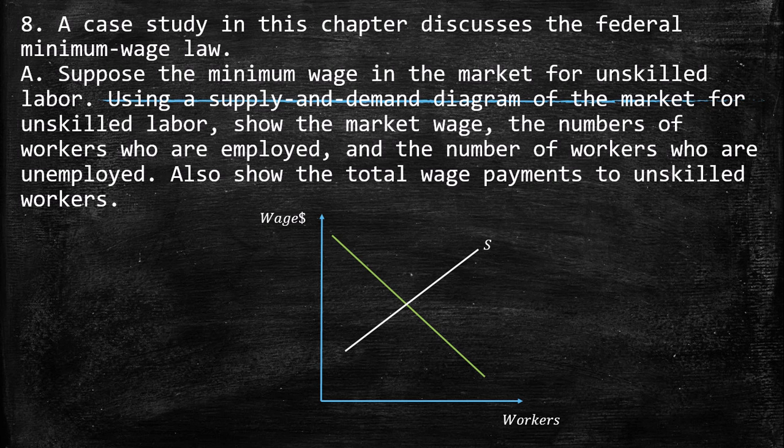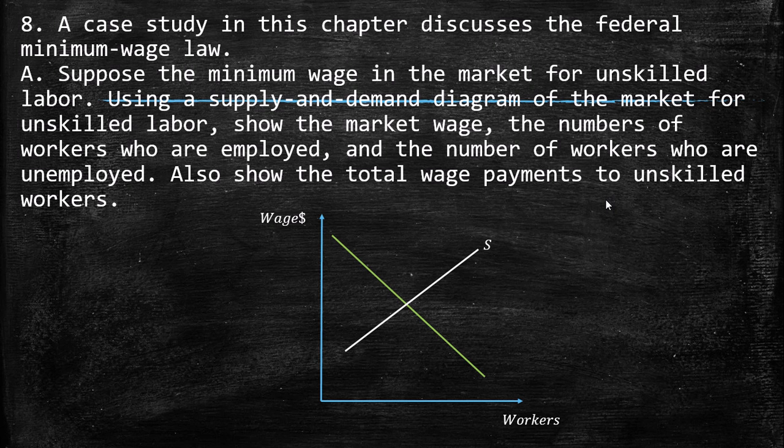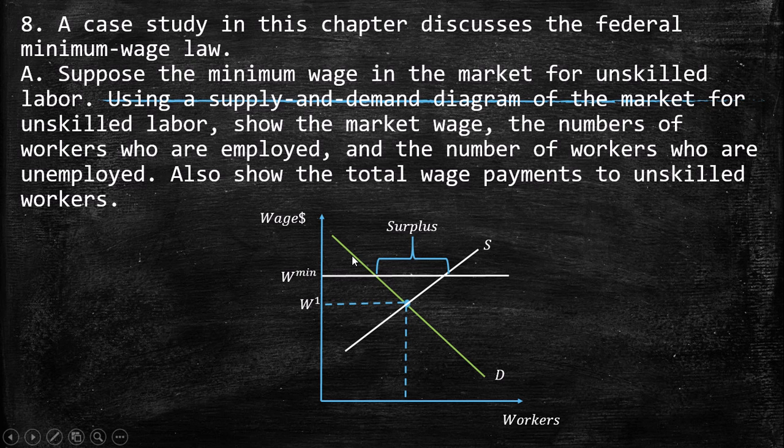So here we have the labor market. Instead of price, we have wage, and workers instead of quantity. Here we have the demand, and this is the equilibrium, and here is the minimum wage. So this is called a surplus. This is called unemployment, because the enterprises have positions for hiring only this quantity of people